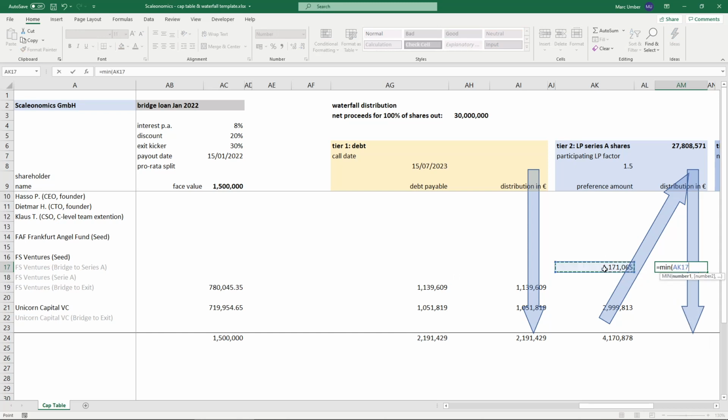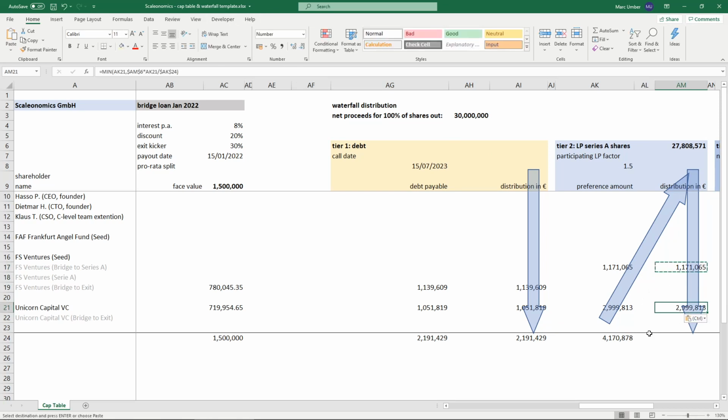It's either the maximum of 1.17, or it's what's left on the table times the fraction of preferential rights in this tier of the waterfall distribution. Let's take this formula, copy,